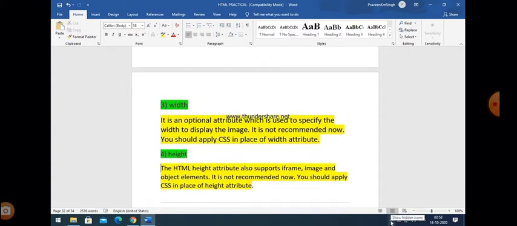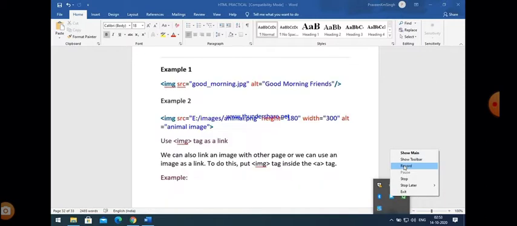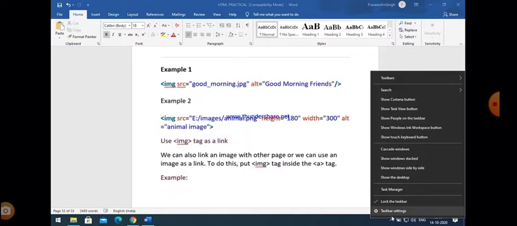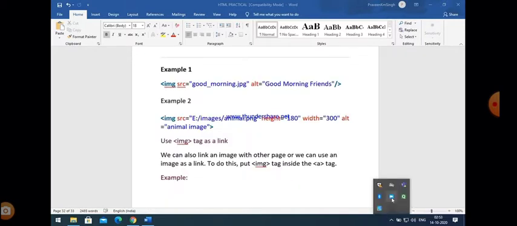These are the height and width attributes. So now four attributes are there: src, alt, width, and height. Okay, these are the most important attributes used with an image.